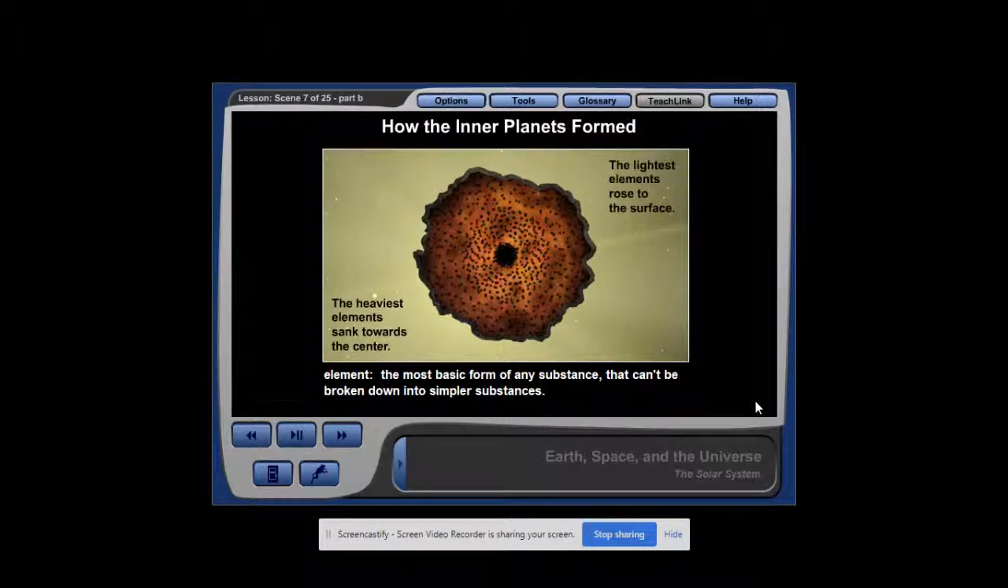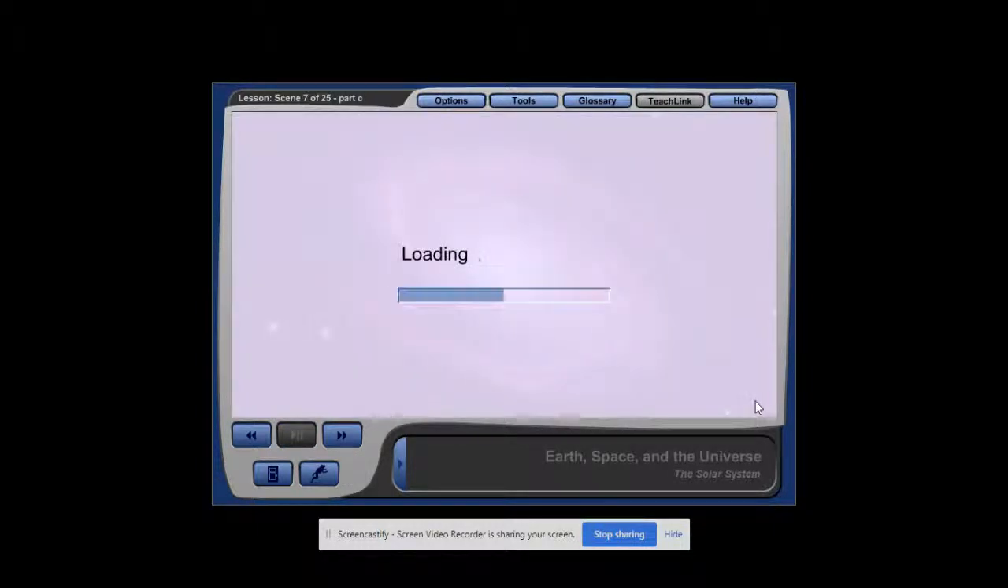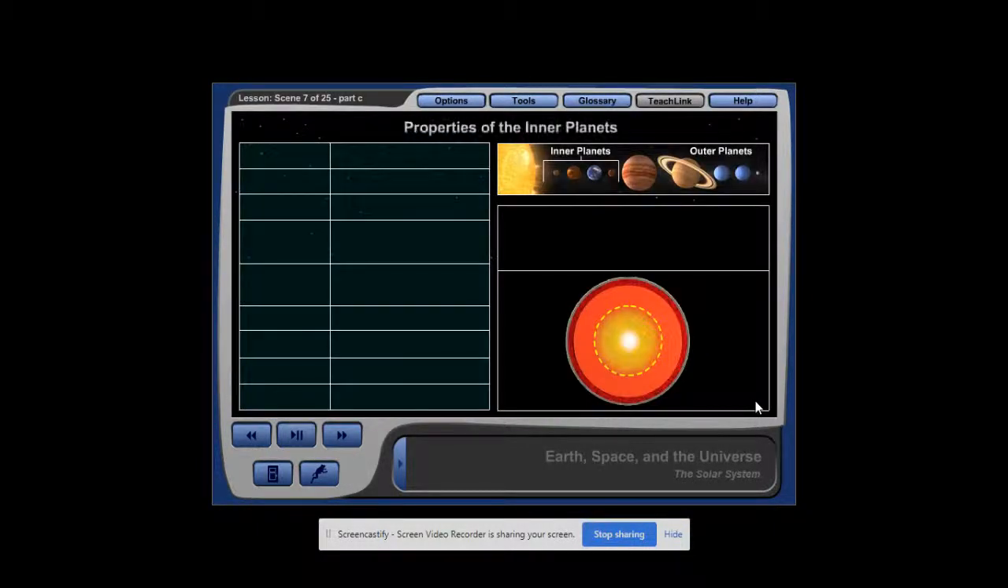You will learn more about this in future studies of Earth science. However, it's important to know that as a result of this process, each inner planet is made of different layers of material. All of the inner planets are made of three different layers: a dense core, a mantle, and a thin rocky